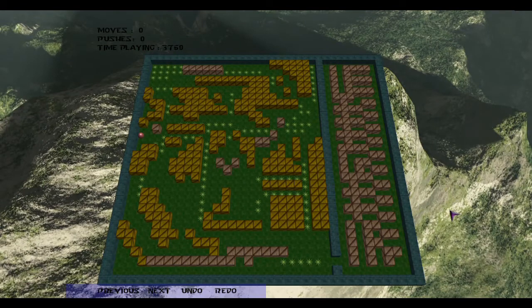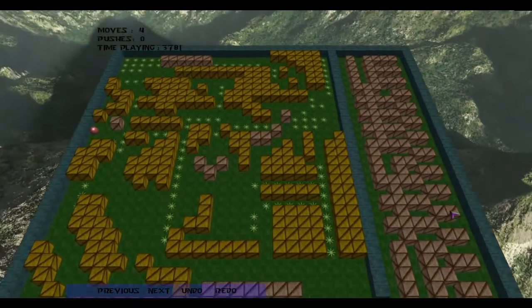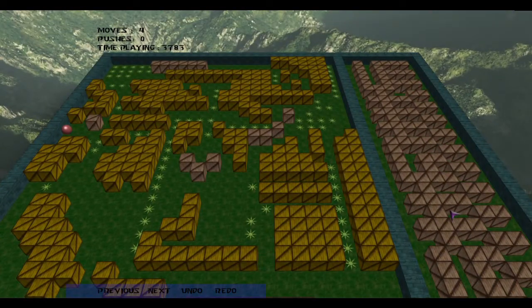Now, in order to demonstrate the curve that is contained within this seemingly flat surface, I am going to move boxes. The round ball you see there is the pusher. Okay, I'm going to bring the puzzle back up. I'm going to come up here,